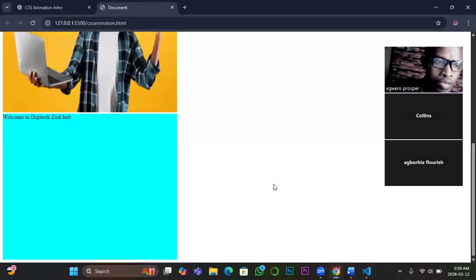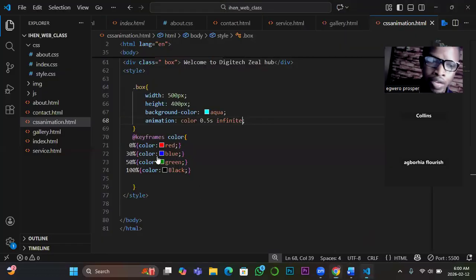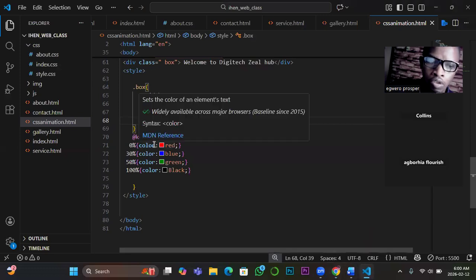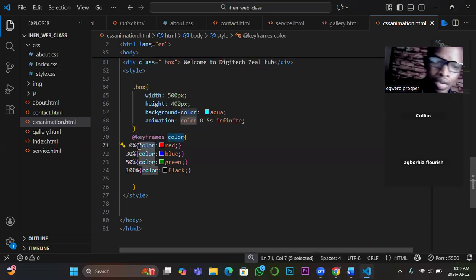Can you see what is happening on that text? Can you see a kind of blinking? It's blinking continuously. I want to get a reply whether you are seeing what I'm doing. Can you see the effect on that text that is displaying continuously? Let me get a Yes, sir. Good. Yes, sir. Because what you define here is color, not background color. So if I want the background color to be blinking like that, then I will change this property to